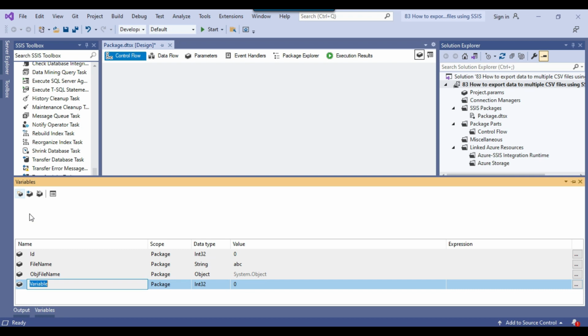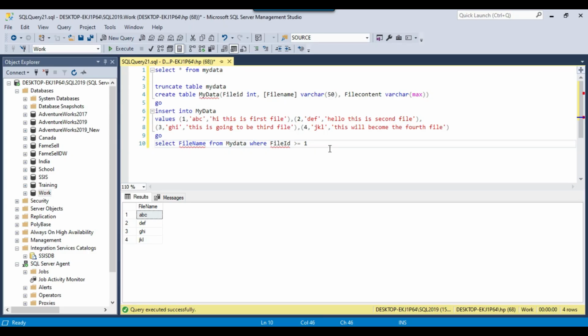And the fourth variable that I will declare is the SQL query, which will contain the SQL query that we will run on the SQL Server table to read the file content. In this query we will select the data from the my data table.